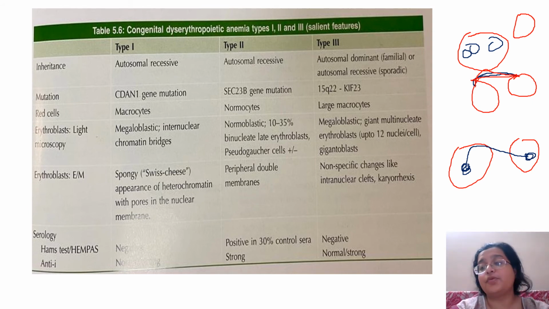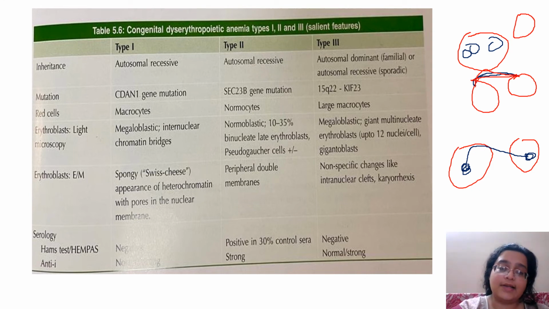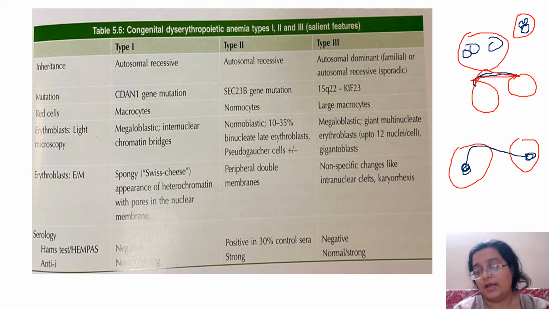You won't get such a marked megaloblastic peripheral blood smear, and of course then there's the HAM's test and anti-I test and electron microscopy to help you out. Skeletal deformities are not very common in MDS, and young children do not commonly get MDS. Please do remember that it is rare in them. So yeah, this is a binucleate or a trinucleate. This is how the nucleus looks. And a gigantoblast is, let me just rub this out.